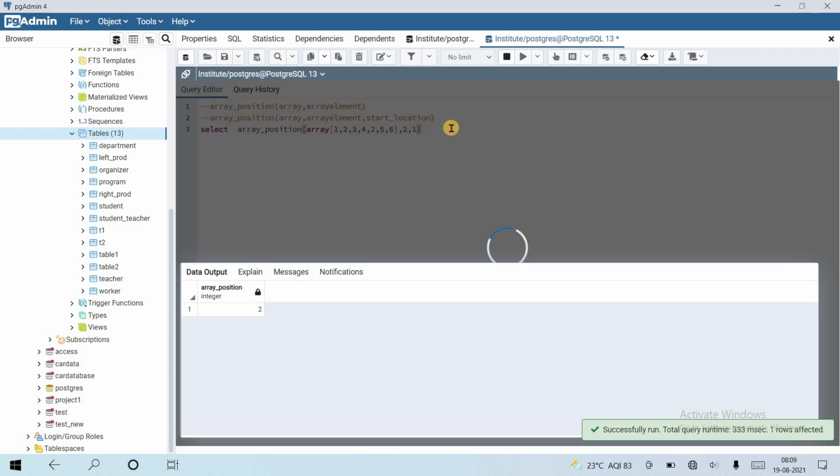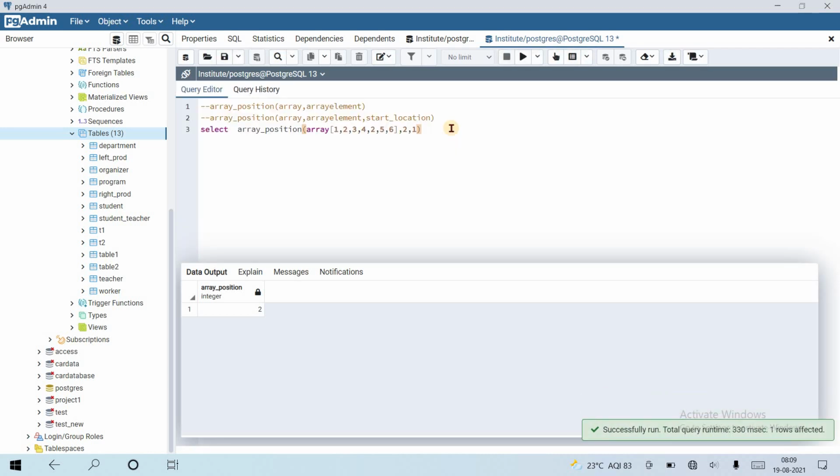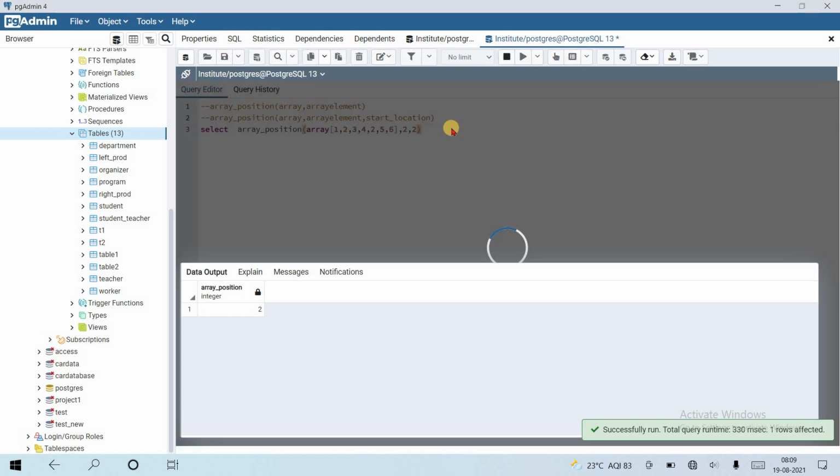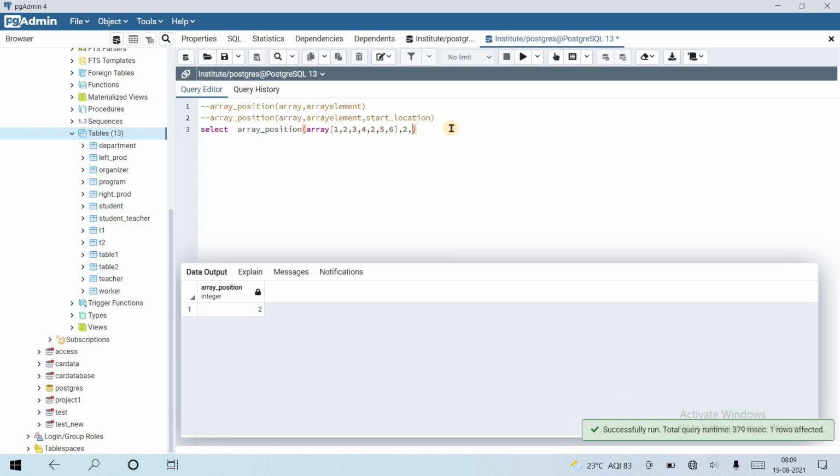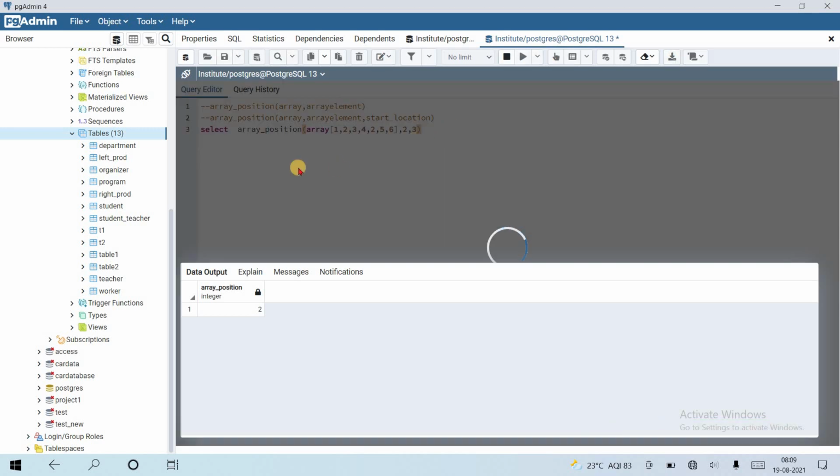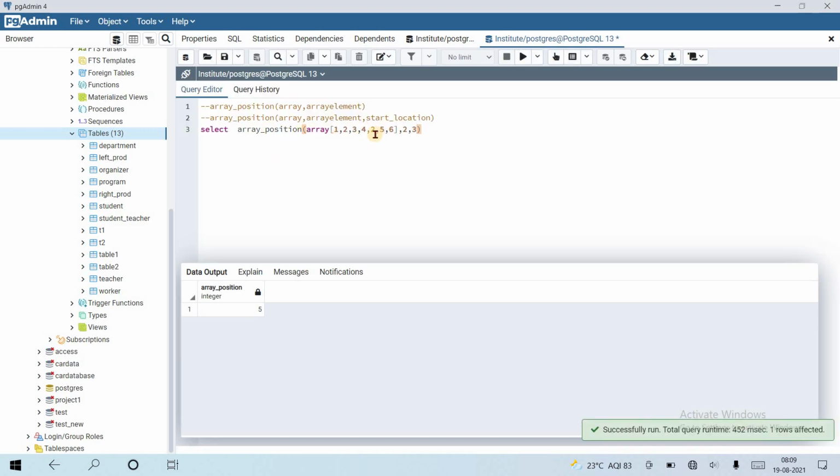If I start from 1, it will also return the second position. If I start from position 2, it will also return position 2. But if I start from index 3, then it will return a different position of 2, that is the 5th position. That's it. So if you have multiple matching values, then we can do it like this.